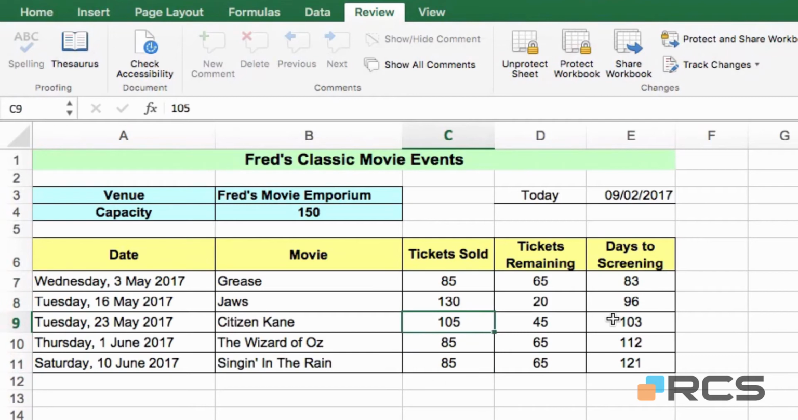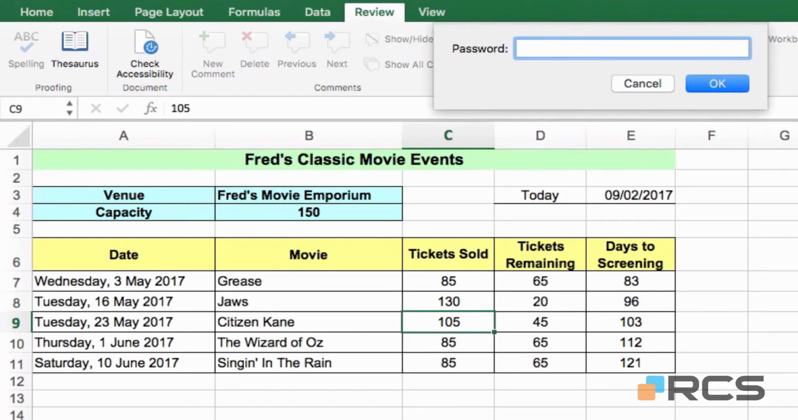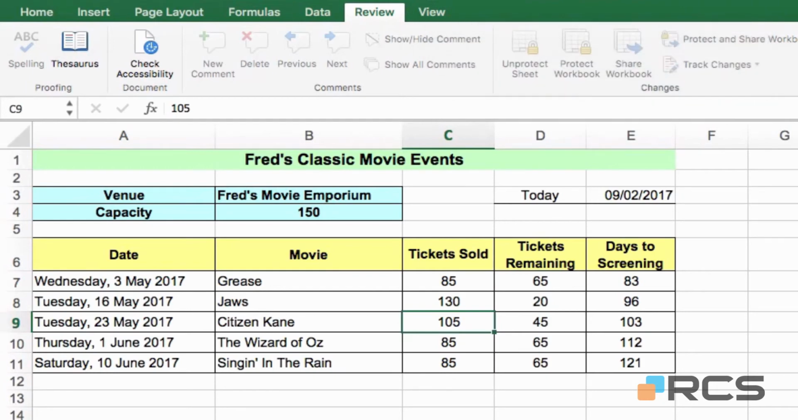Now if someone's using the spreadsheet and they're aware that they can unprotect it, they might come to the Review section, and the button there now says Unprotect Sheet. It's a simple matter of clicking that, but they can't easily do it because they would need to know the password. I happen to know the password, so if I just type in the word Fred, press the Enter key,